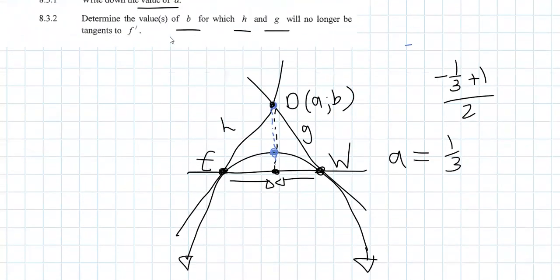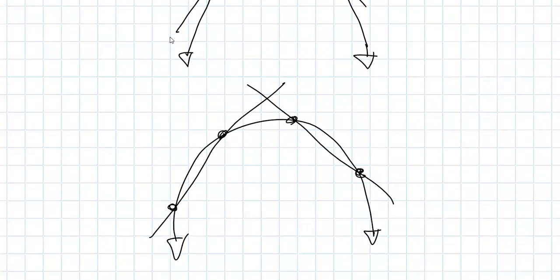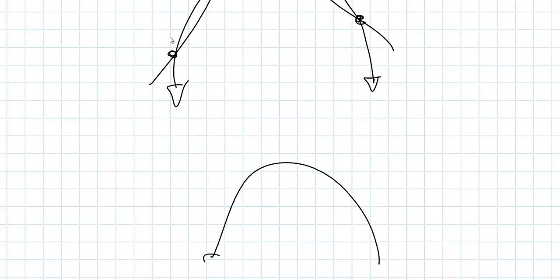For this to be true, just remember that these lines can shift. So if we keep bringing our B down, then our tangent lines will just keep shifting and staying as tangents. And by a tangent, I mean they only touch once. So we brought our B down here in this case, and the tangents are still tangents, right up until it touches that turning point. Then these lines cannot be tangents anymore because